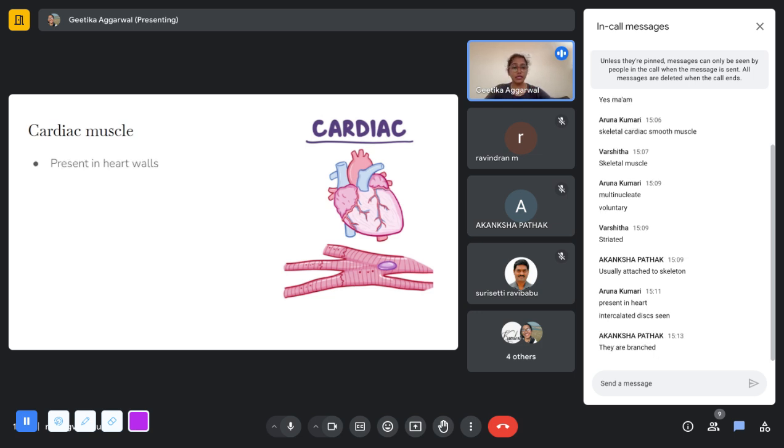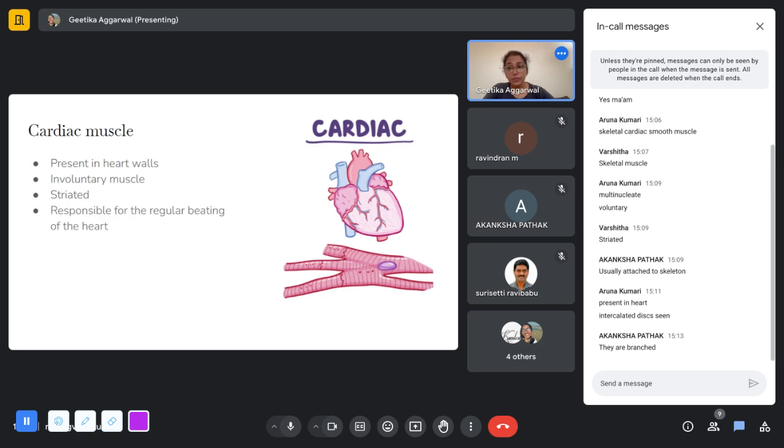First of all, as said, they are present in the heart. So they're present in the heart walls, correct? These are involuntary muscles. As we know, we don't have to think that our heart should beat. Our heart just keeps beating. So it's an involuntary muscle. We do not control it. And they are striated. As we can see, there are these striations in the skeletal muscles as well, in the